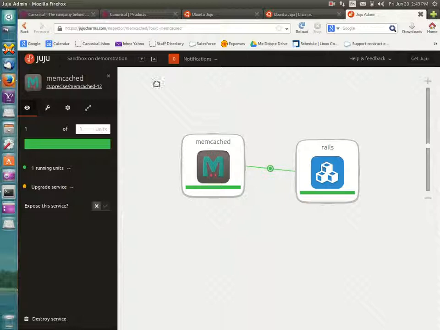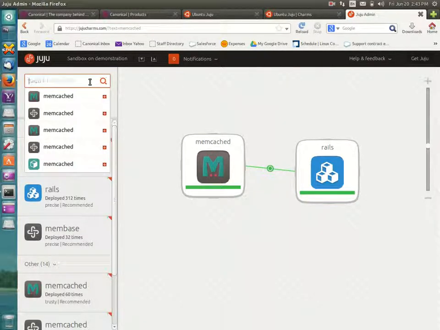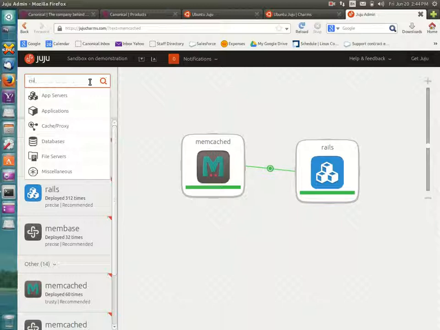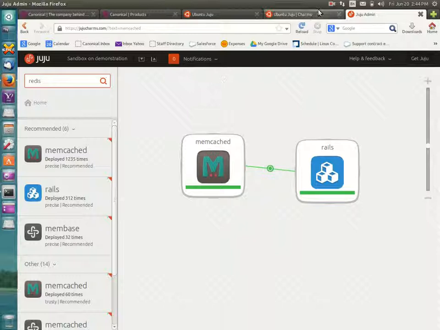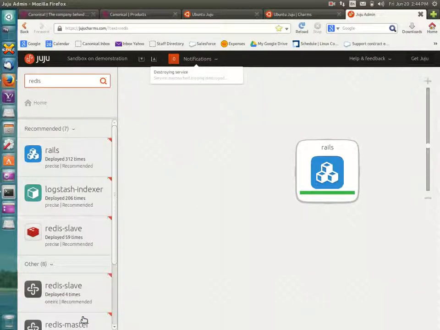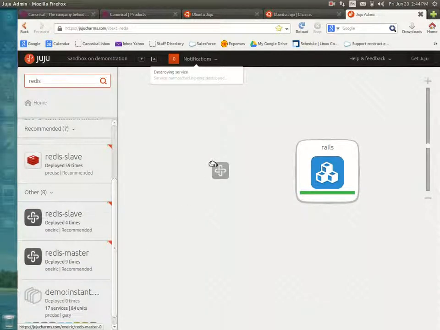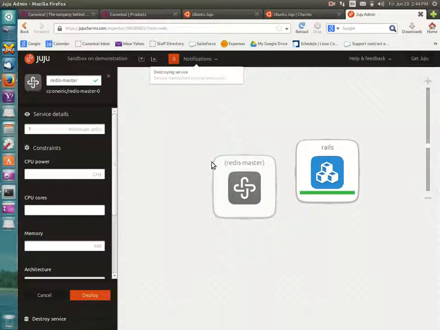However, I want a true cache as a service, so I want to make it possible for my developers to swap out the memcached and use a different caching mechanism such as Redis. So I'm going to first destroy the memcached service. Simple enough. And here I can use the Redis charm, drag and drop it over here to my sandbox, deploy it,